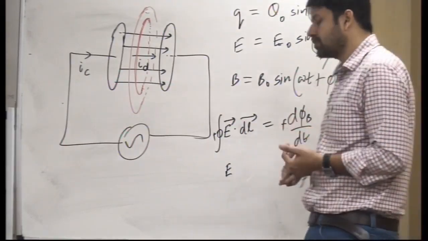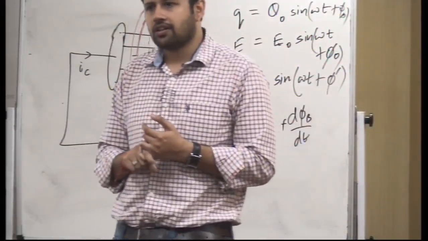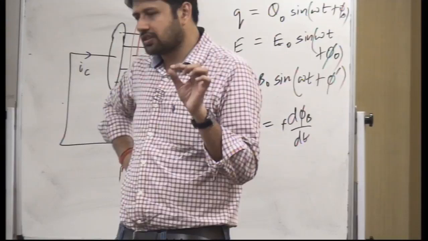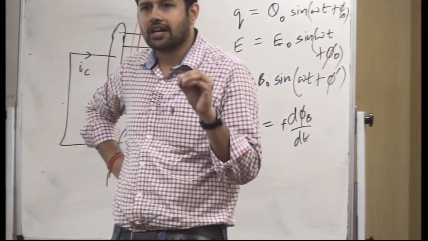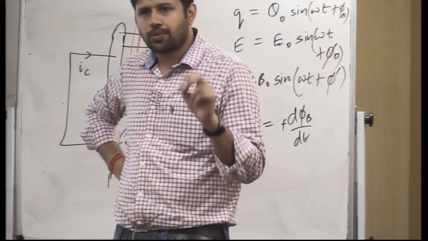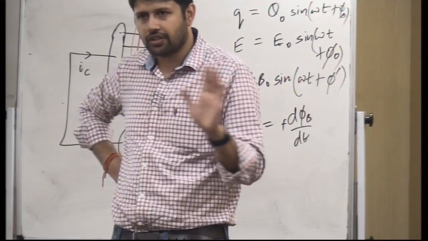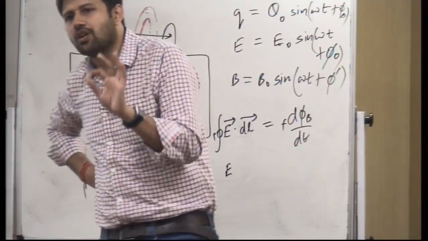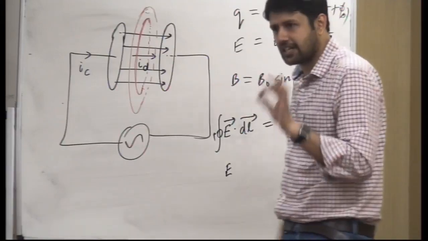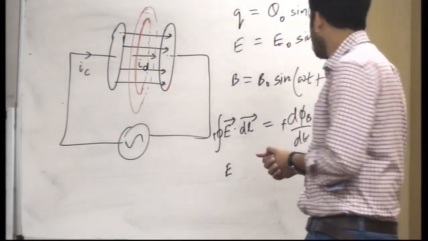Now how to produce a changing electric field? A source, a charge at rest cannot produce a changing electric field. It's not a source of EM waves. A charge moving with constant velocity produces a constantly changing electric field whose derivative would become constant, right? Because